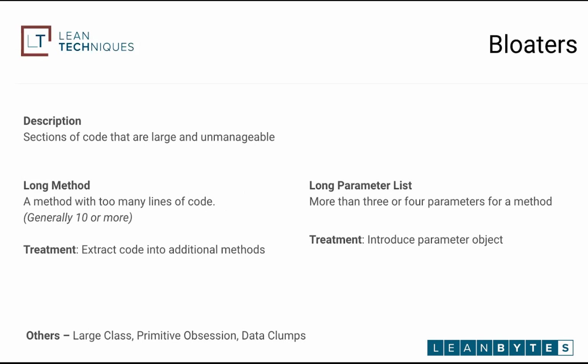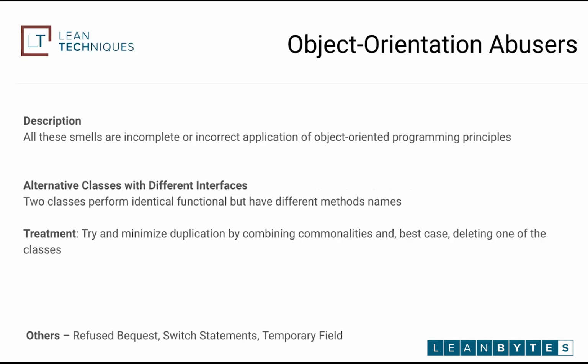Other types of bloaters that you could be looking into are large classes, primitive obsession, and data clumps. So again, I'm going to keep pimping off Refactoring Guru. That's one of the nice little ways that you can do some research on code smells. Next type we have,